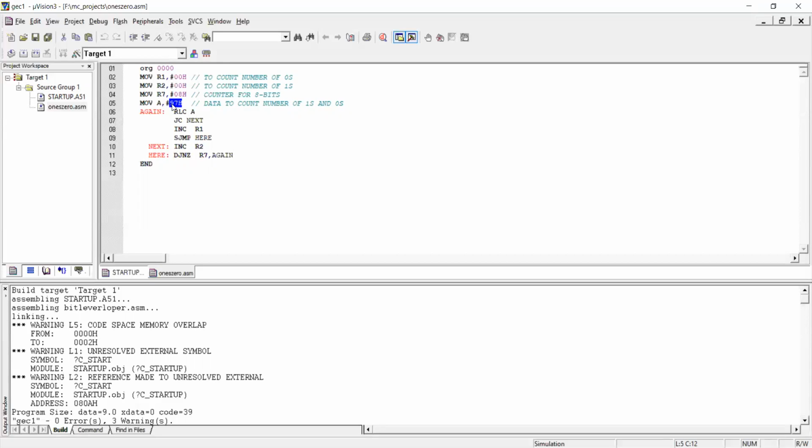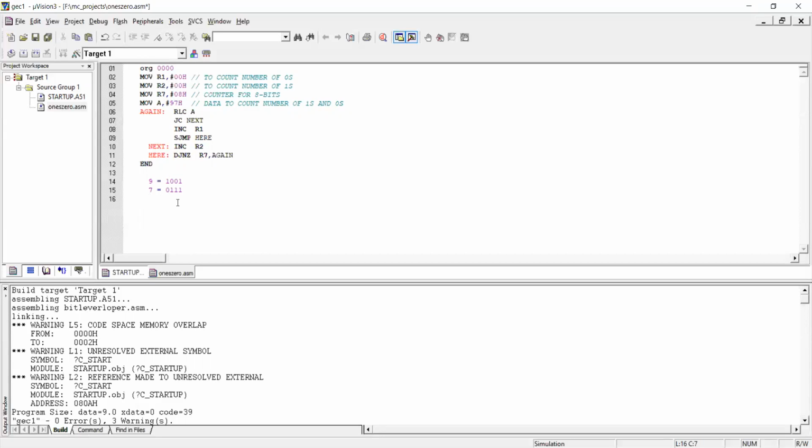What does 97h mean here? How many ones do we have in it? If you see, 9 is represented as 1 0 0 1. Similarly, 7 is represented as 0 1 1 1.